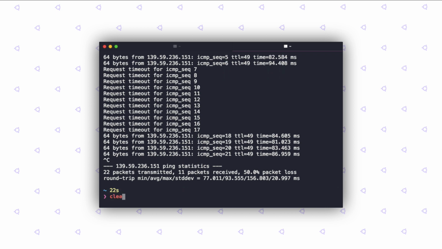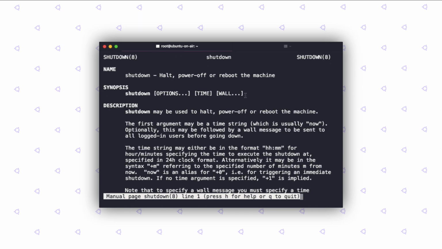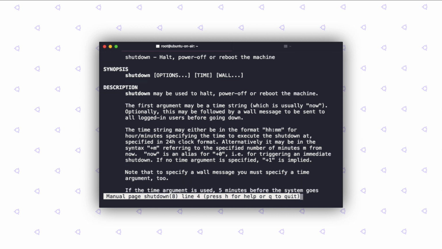Awesome. So let's move along and finally cover the last part of this video, which is how to actually shut down your machine. Now, for obvious reasons, I cannot shut down the actual machine which I'm recording this on. So I'm going to go ahead and show you a demo by shutting down my server. To do so, we are going to use the pretty obvious shutdown command, but let's man it out once before doing that. And as you can see, it comes with a bunch of options.